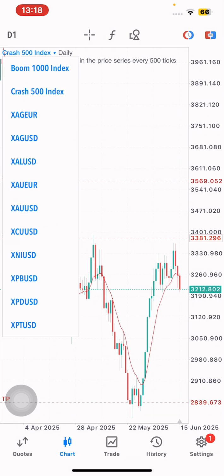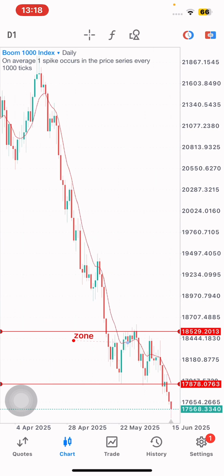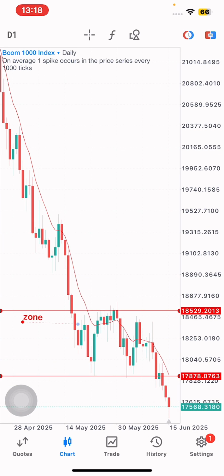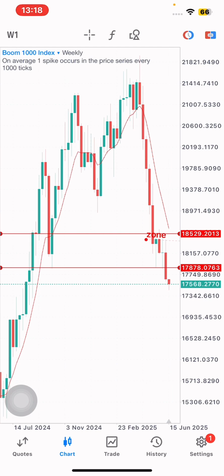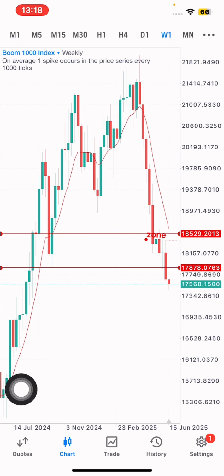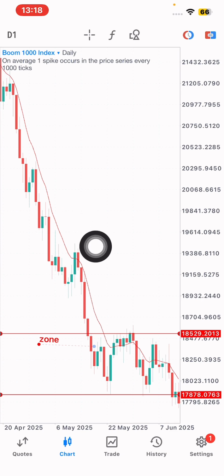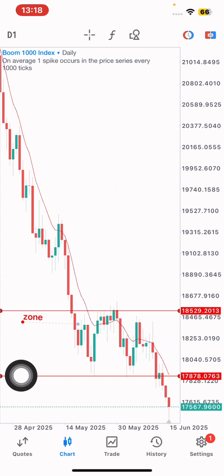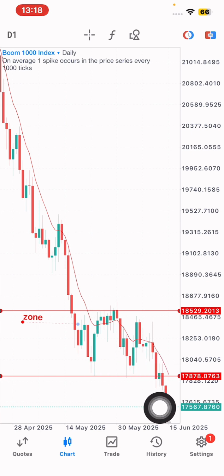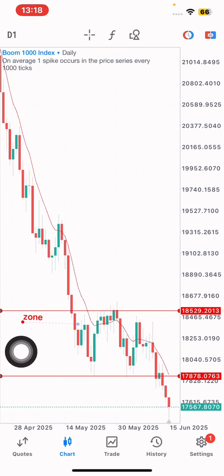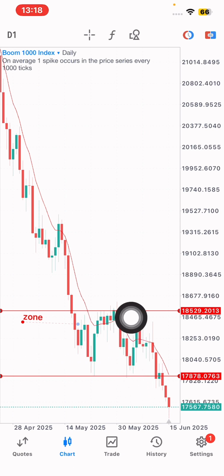So let's move to the Boom 1000. As of last week, before this week started, because you can see we started a new week yesterday, you see the market trading downward. So before the end of the week, I was looking at the daily chart. Market has started creating more of a range here. After a long trend downwards, market started to accumulate. So I'm waiting for price to continue, the way price continues to break below this low. That's to tell you that this market continues to dig into the downtrend momentum.